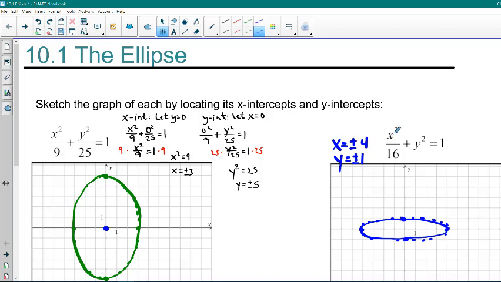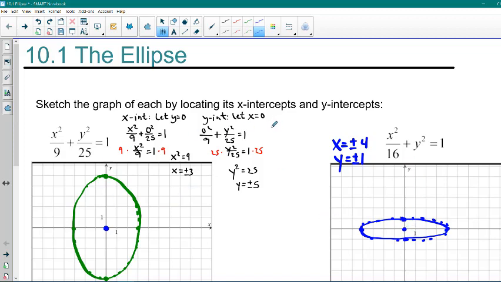To find the x-intercept, you let y equal 0, and you end up with x is equal to positive 4 and negative 4. So we have negative 4, we have positive 4, again noticing that our center appears to be at 0, 0. And then for the y-intercept, we let x be 0. Solving for y, we get positive or negative 1. We go through the y-axis at 1 and the y-axis at negative 1. So I hope that you are noticing,